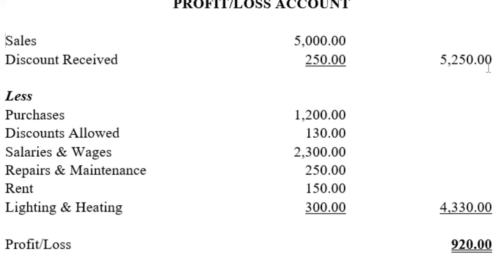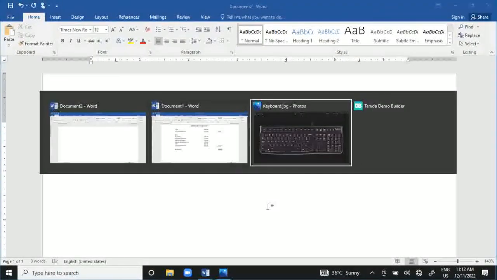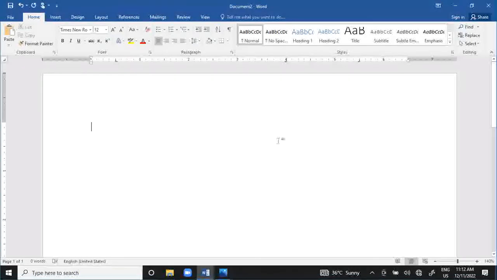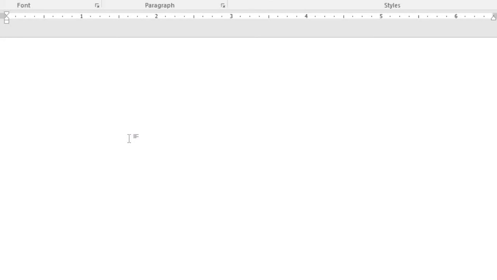So we are going to open a new document and try to replicate this document using the tab stops so that you will understand it better. So let's assume we have this document and we are going to prepare the profit and loss account I indicated for you. The first thing I'm going to do is to type my heading, profit and loss